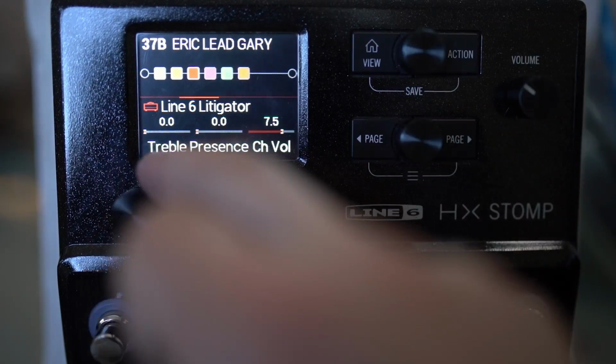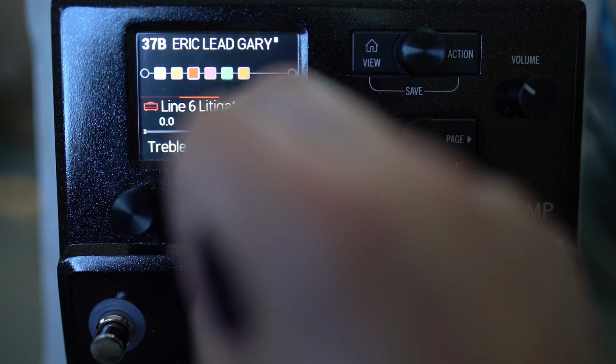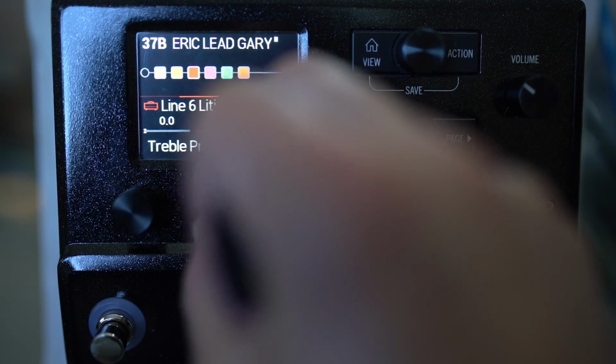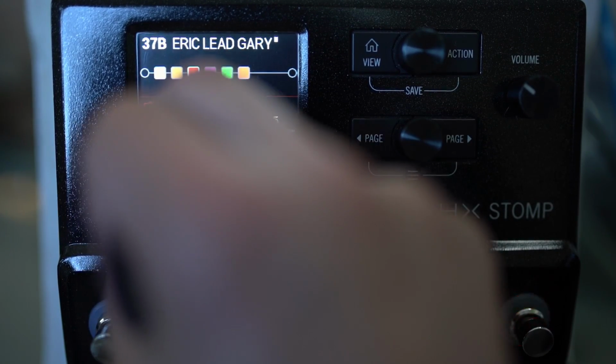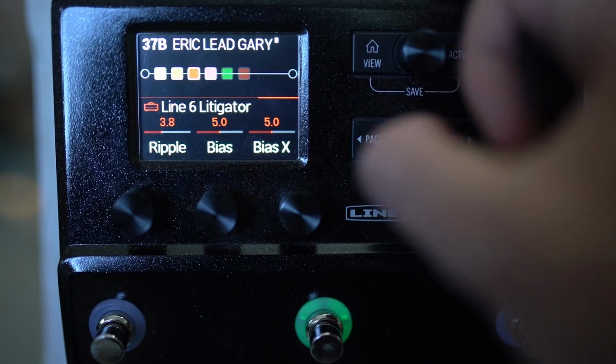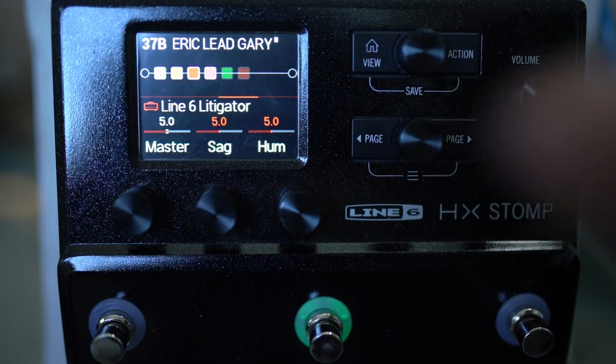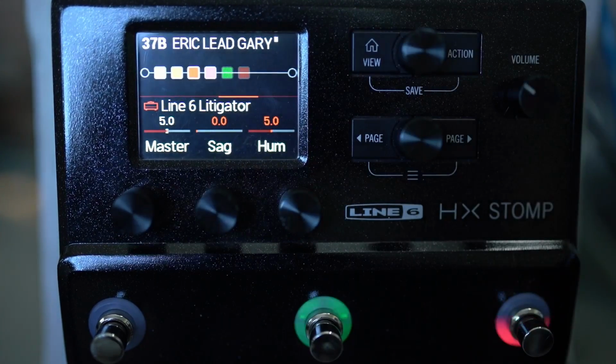But here's a preset with the treble and presence at 0 at the moment. So I'm going to just bring these in to see if this makes a difference to how some of this behaves. Go into the amp parameters. So this is what I'm saying about sag. So with sag all the way off,